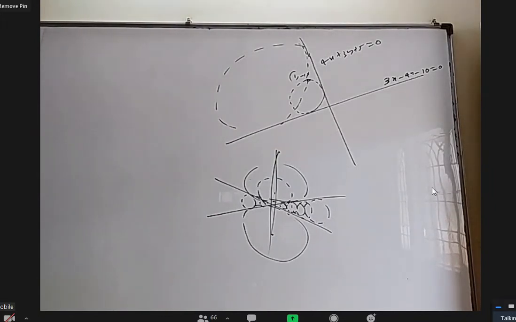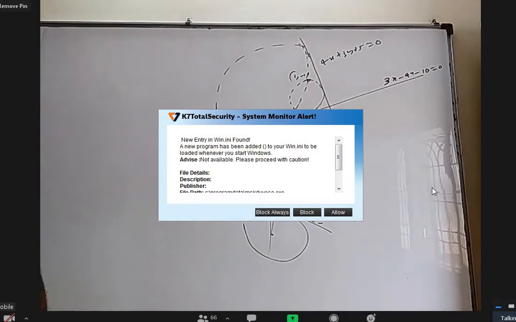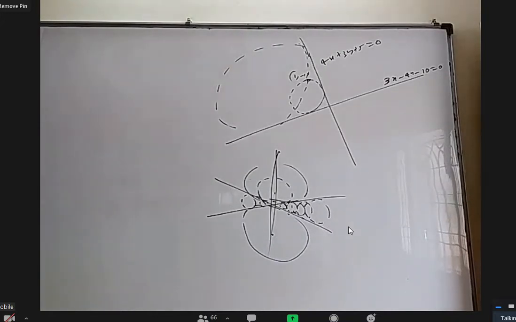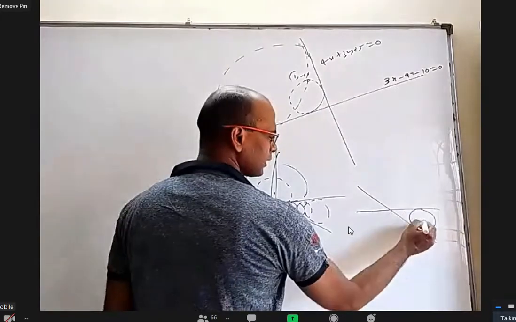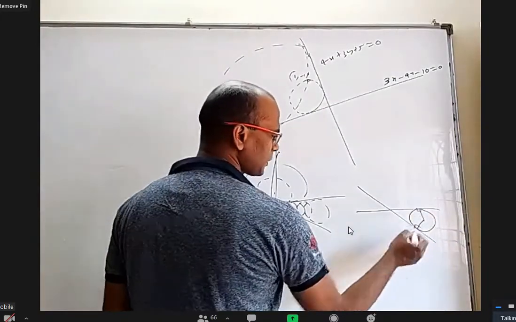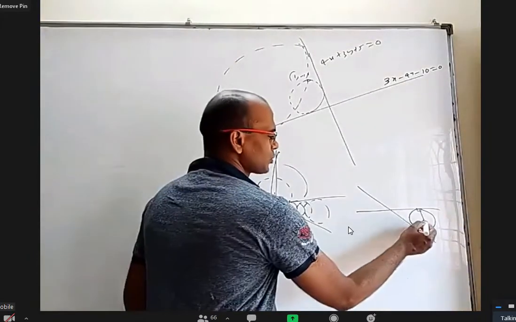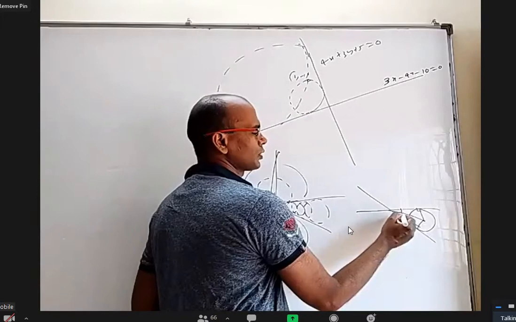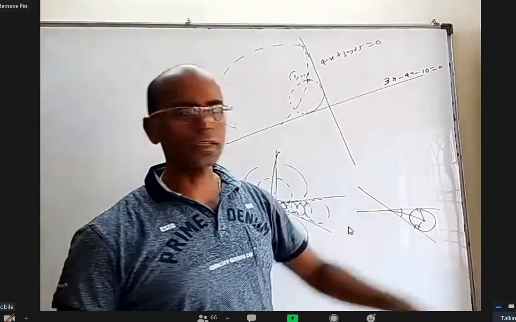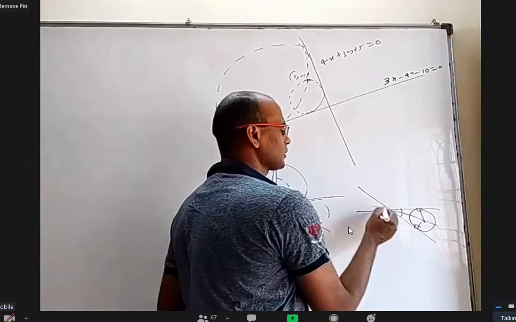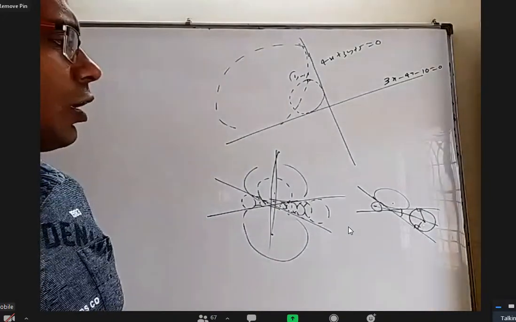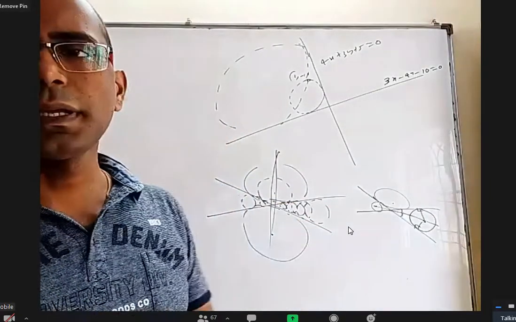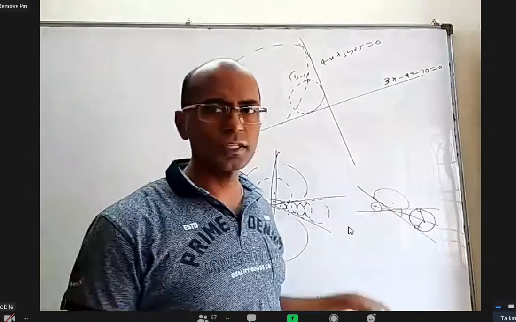Sir, the distance between the center and the lines is equal to the radius of the circle, no, sir? Yes. If a circle is touching both lines, from the center the perpendicular distance should be equal. This triangle and this triangle are congruent, so these two angles are equal. Take any other circle, same thing will happen. So this point should lie on the angular bisector, this point also. So the locus of centers of all the circles touching both the lines will be a pair of angular bisectors, this one and this one.